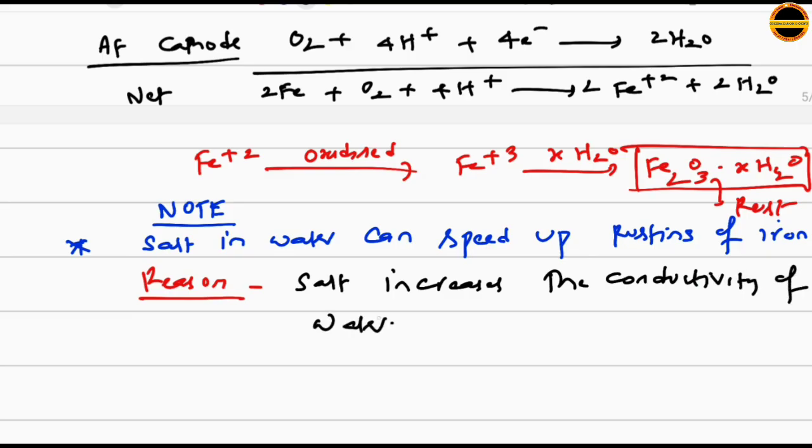Because of the presence of more ions, salt can increase the conductivity of water. Whenever salt is dissolved in water, due to the presence of more ions, water becomes a better conductor. So the reaction occurs quickly. Okay. Next,